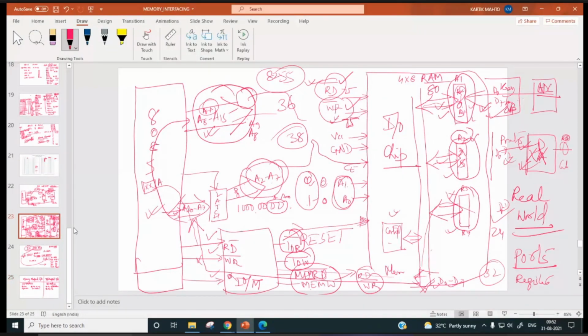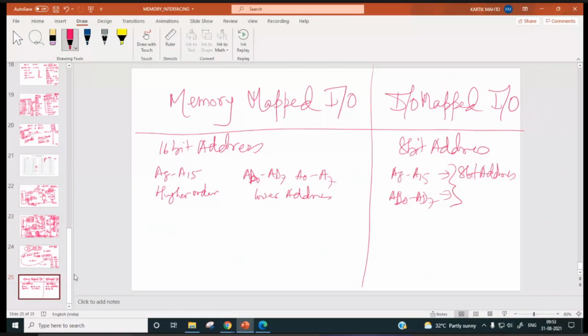Hello? IOM bar pin of 8085 will be 1. Is it okay? If it is reading data from memory, then this pin will be 0. Or if it is writing data onto the memory, at that time this pin will be 0. And if IO read or IO write is being done, then the IOM bar pin will be 1. Right? Of course.